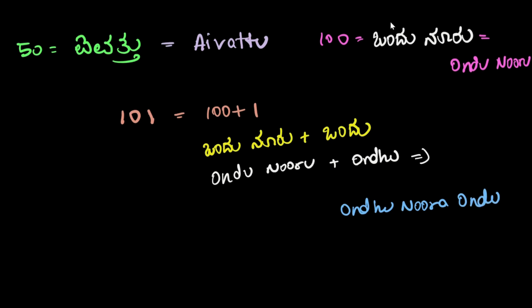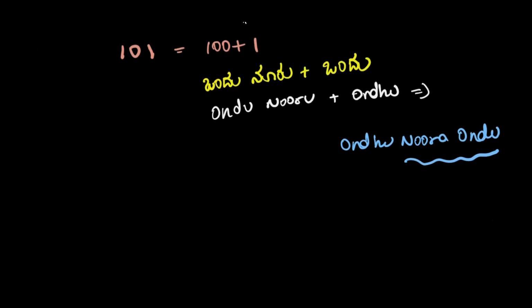So writing like 101, 102, 103. Instead of telling Ondu Noora Ondu for 101, you can also tell Noora Ondu. It becomes long, right? You can also use Noora Ondu to tell this. 101. What about 105? 105 can also be told as Noora